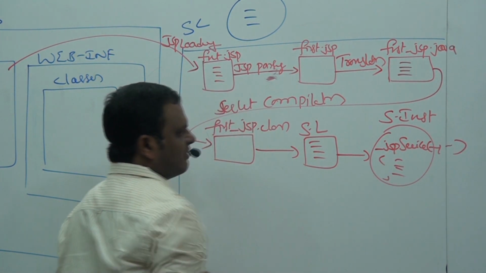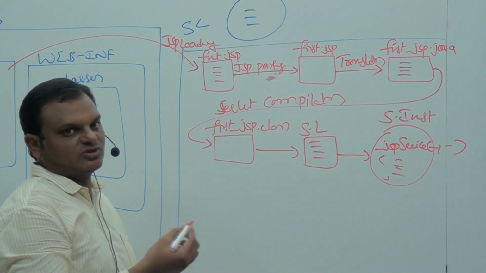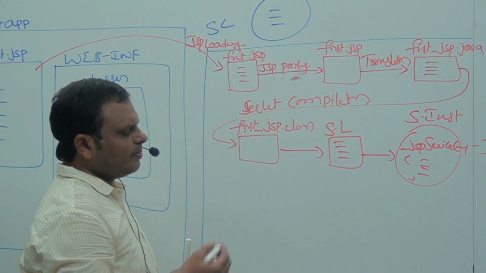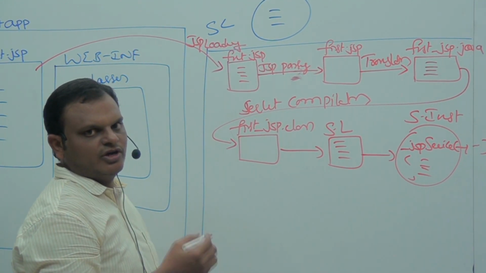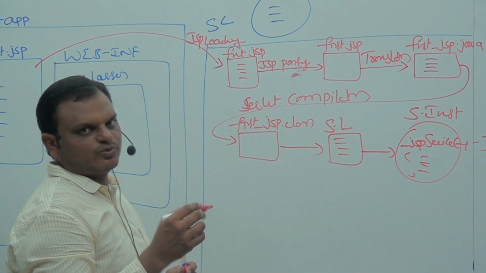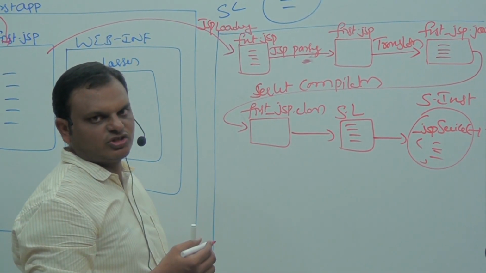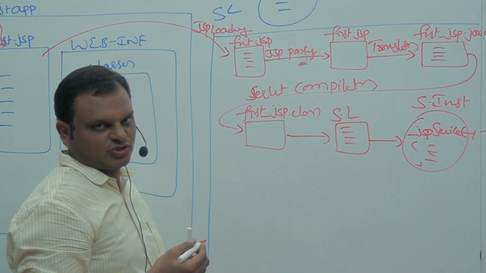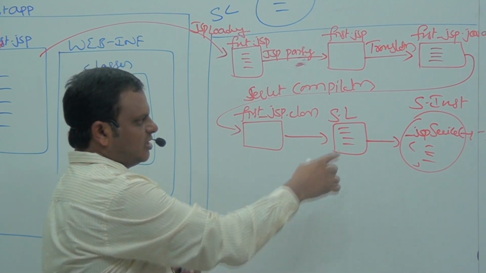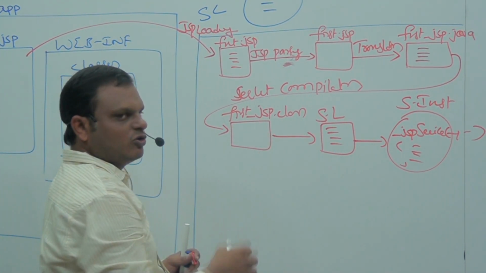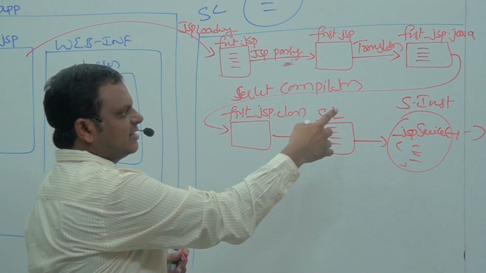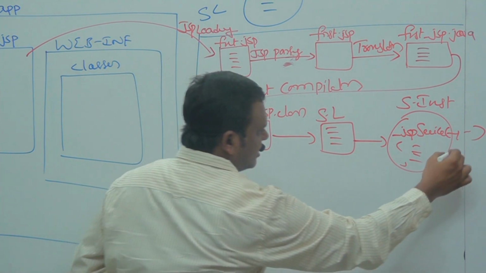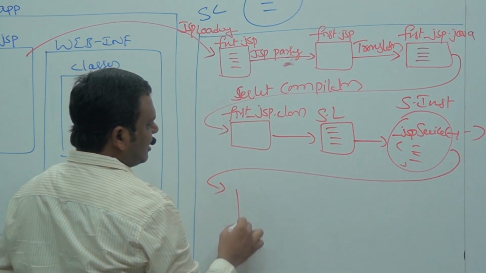As part of the servlet initialization, we can understand the underscore JSP service method with request, response. Some implementation part is available. In the case of a JSP translated servlet, the Tomcat container will provide the underscore JSP service method to process the request, the underscore JSP init method for the sake of initialization, and the underscore JSP destroy method for the sake of translated servlet deinitialization. You will see all these things. Now the container is performing servlet loading. After loading that servlet, the container is performing servlet initialization.